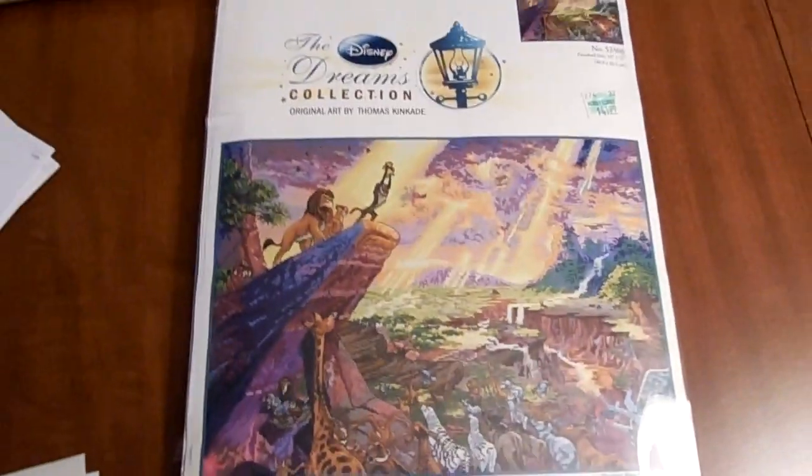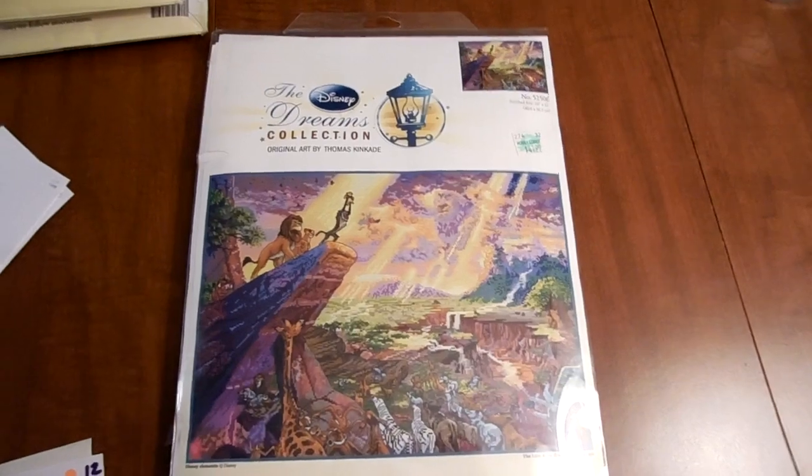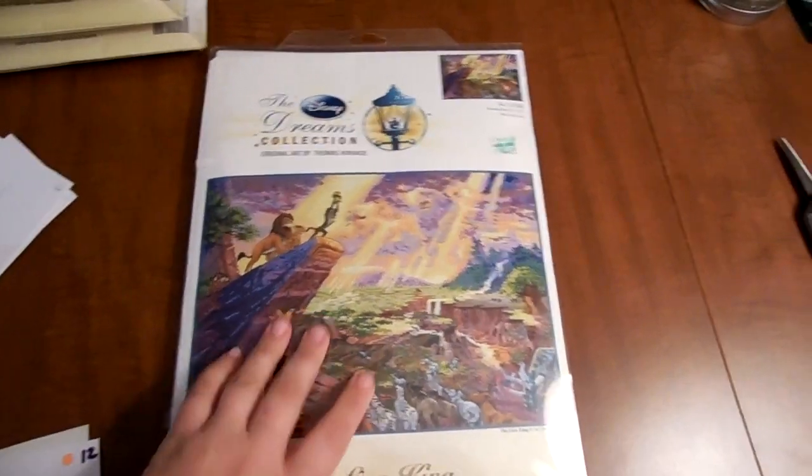And those are my Disney Dream collections by Thomas Kincaid, and they're addicting. Look, did you see one? You want all the others. So those are those. Now some of the others I've had in my stash